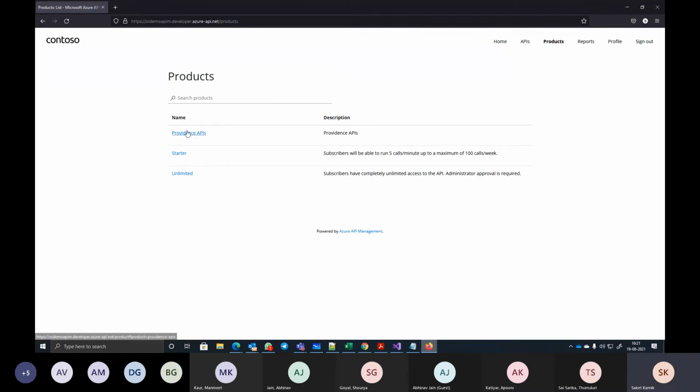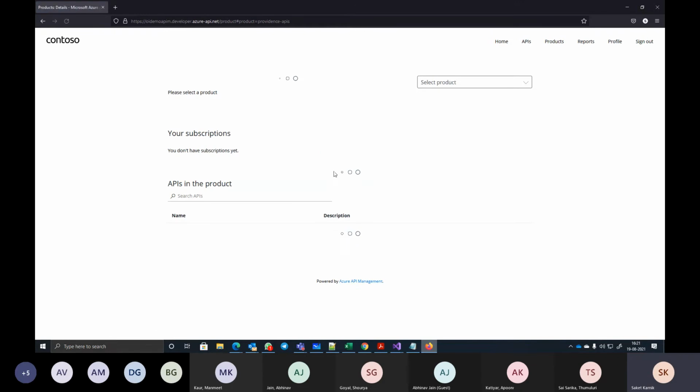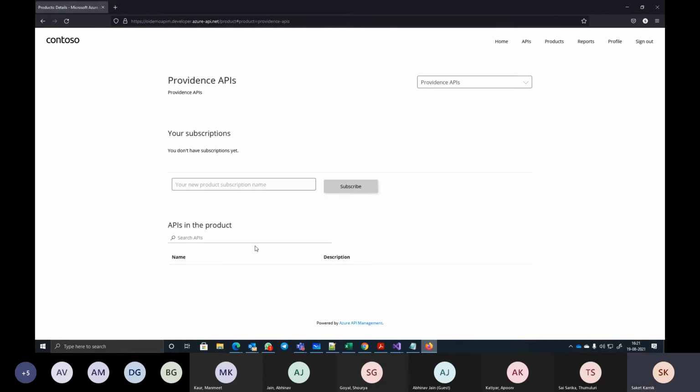Now I go to products, I select this product, which has got a couple of APIs into it, which will be listed here. In fact, right now it is published as one API only. Both sample and department API published as one.